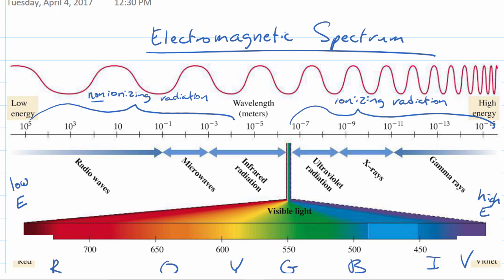How about X-rays? This penetrates the whole body, right? And if we go to gamma rays, this is the most penetrating yet. This stuff here will penetrate through a few inches of lead or several feet of concrete. And so the further we go in this direction, when we talk about it being high energy, we increase its penetrating capability. And all of them are associated with different forms of cancers if we have longer term exposure to it. And part of the reason why they have the ability to cause cancer, when we say that they are ionizing,